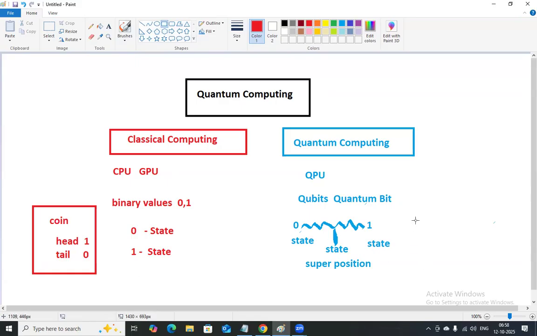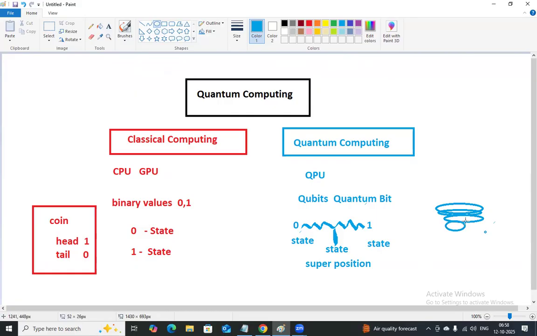Here, when you flip the coin in quantum gates, the position is completely different. It is not 0 and 1. It is not head and tail. So when you flip the coin, the coin is flipping and flipping, and the state in the flipping state